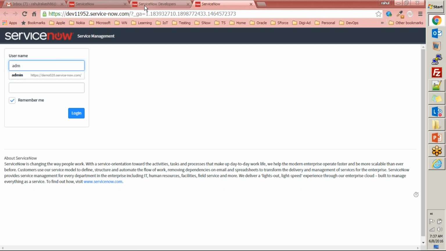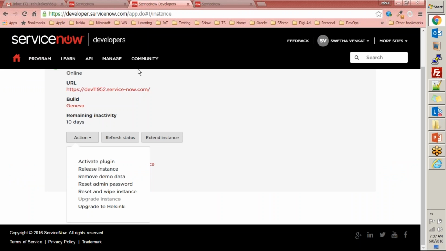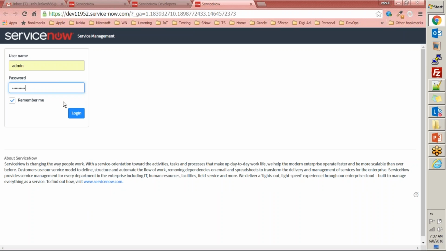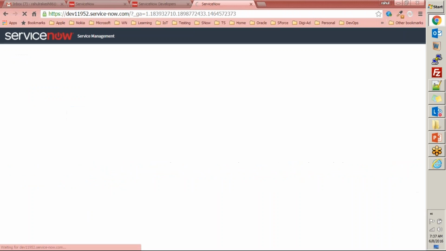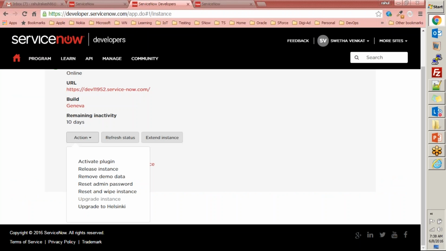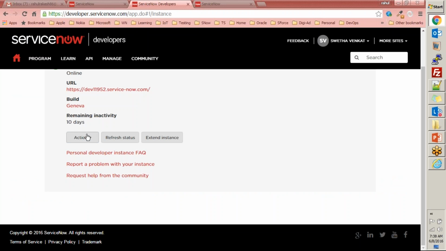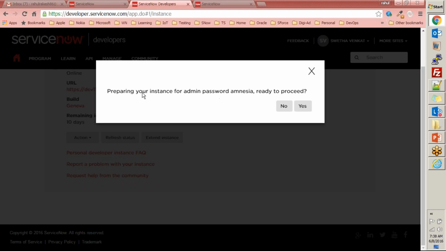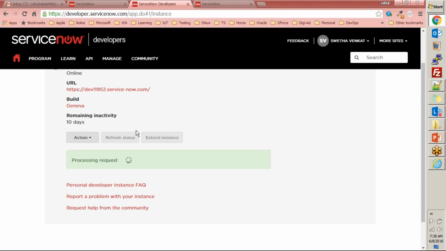Let's go ahead and log in as an admin, and let's get the password. Did you keep the same password there? Yes, of course. It says username or password invalid. So what I'm going to do is reset your password from here, and then I'll use that password.